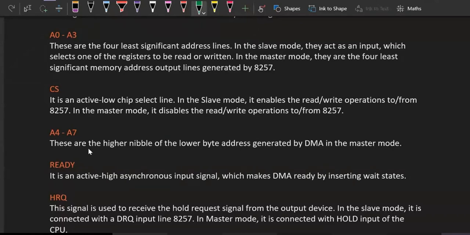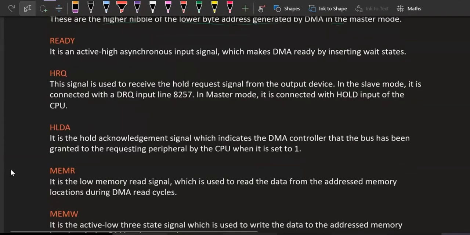This is CS, that is chip select basically. So it is an active low pin. If it is active low, then the chip will be selected. So this ready pin is there. This ready pin is an active high asynchronous input signal, which makes the DMA ready by inserting wait